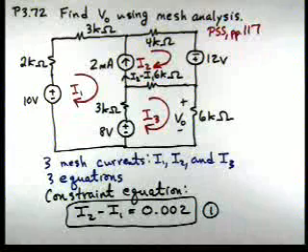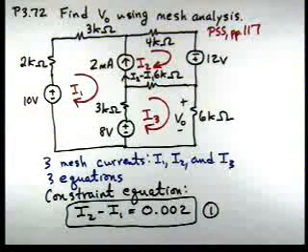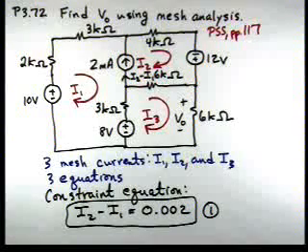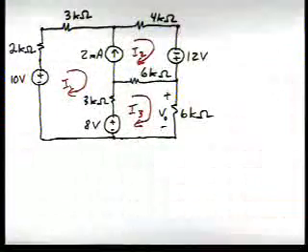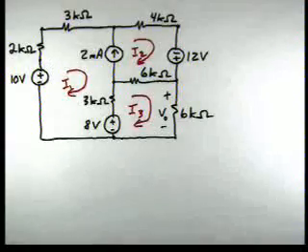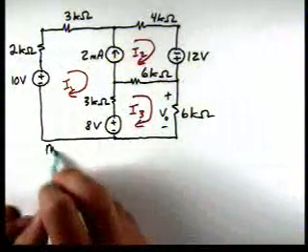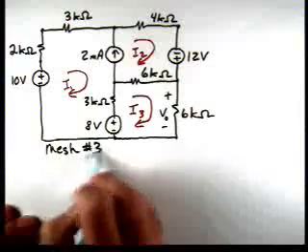Now, we do not apply KVL to any mesh that contains that current source. So if we look, mesh 1 and mesh 2, the current source is a part of those, so we're not going to apply KVL to either one of those. Now we can apply KVL to the third mesh because there's not a current source involved there. So if we do apply KVL to mesh number 3,